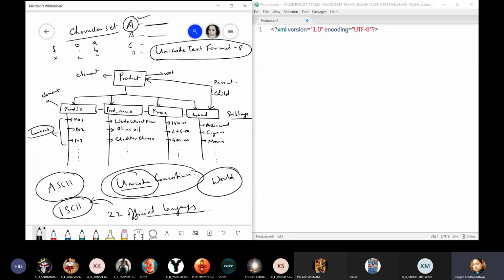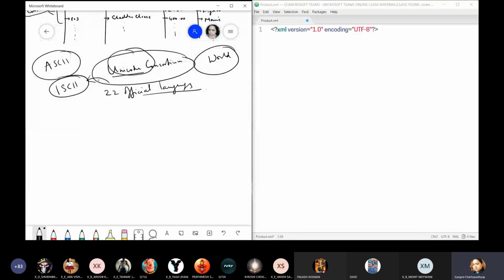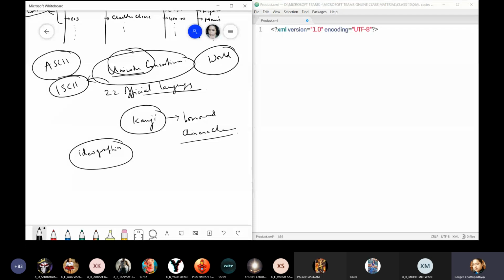What do you think people in Japan do? They would definitely be creating websites in their own language. For that, they need the kanji characters. Do you know what kanji characters are, anyone? They are borrowed Chinese characters. Chinese characters are usually ideographic, that is pictographic characters. The characters which we use are phonetic, that is, they work on the basis of sound.